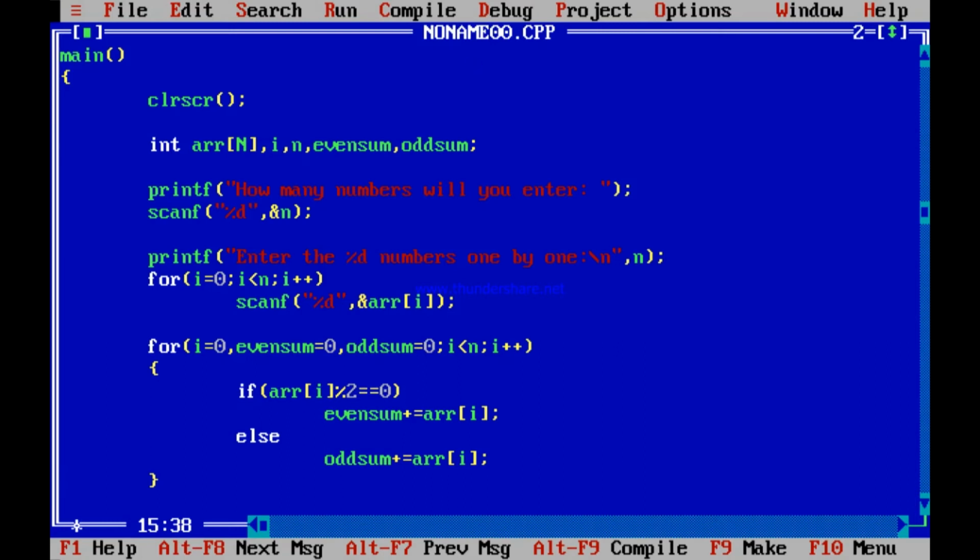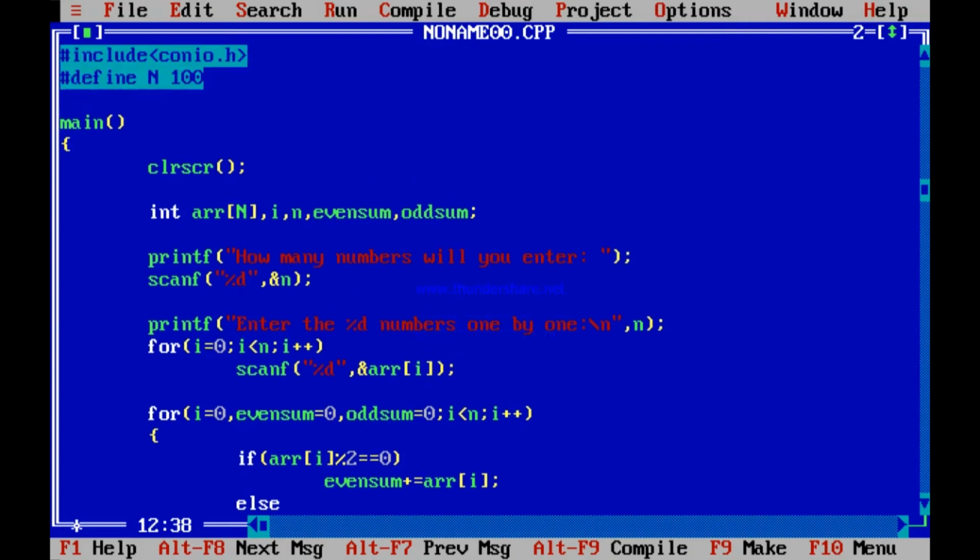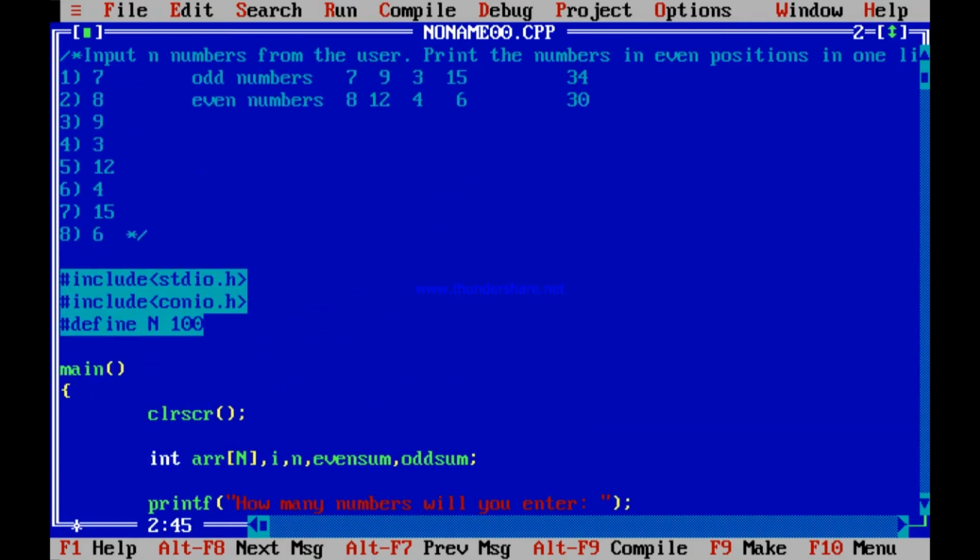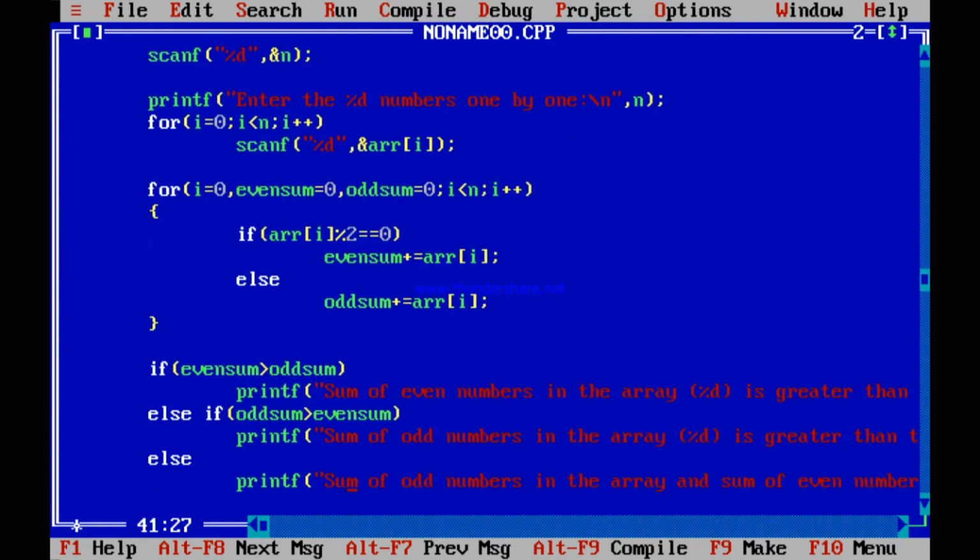So you have understood this program. One small variation of the program can be there, like if you were told not to compare the sum but to print the numbers like this, odd numbers in one line, even numbers in another line. Then see the problem. Once you see it is an even number, if you print it, it is okay. But if it is an odd number, even if you print it, it will be printed in the same line.